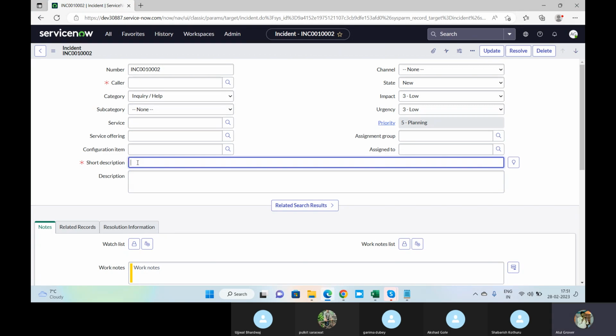Again, this is fundamental for any integration. I'm telling you guys, you pick up any integration of ServiceNow, the fundamentals are always the same: table level mapping, field level mapping, endpoint URL, authentication. That's all. Life cycles are different. Update, create, new, delete, everything can be done. But this is what we have to do.